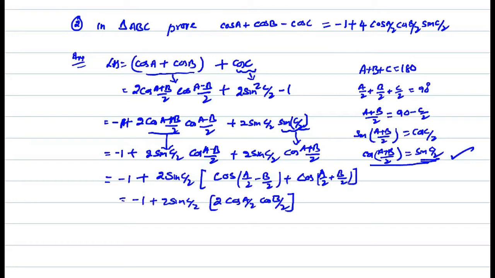So there is the second problem, which is nothing but RHS. Simple, no? So a plus b plus c is equal to 180 degrees. A plus b by 2 is 90 minus c by 2. Cos of a plus b by 2 is sin c by 2. Cos a plus cos b formula, cos c formula. And then cos of a plus b by 2 to sin c by 2, sin c by 2 to cos of a plus b by 2 here. And then taking sin c by 2 common, we'll get cos a plus b plus cos a minus b, or cos a minus b plus cos a plus b, is 2 cos a cos b. That's the next problem.